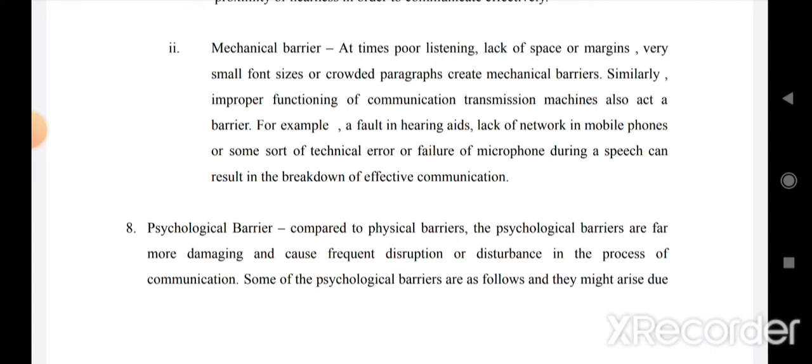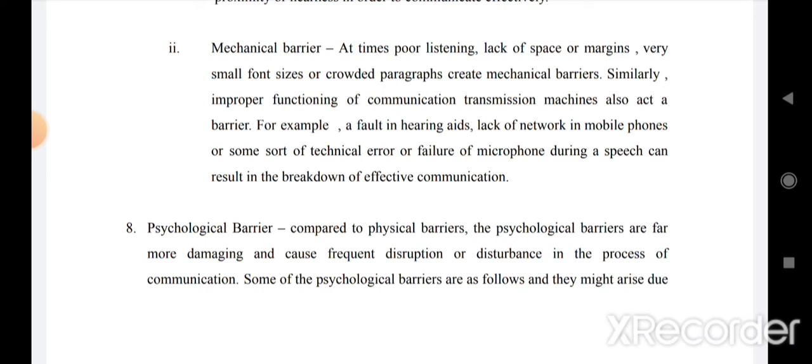For example, a fault in hearing aids. If somebody uses hearing aids for listening and they do not have a working battery, it will result in miscommunication. It will act as a mechanical barrier. There can be lack of network in mobile phones. If you have gone to a remote place and the network is not there, then it becomes an example of